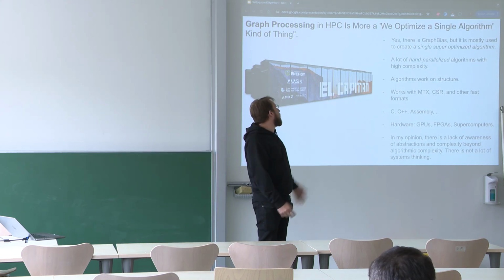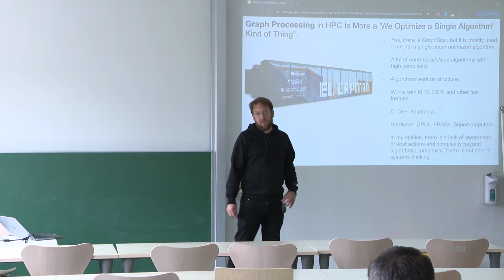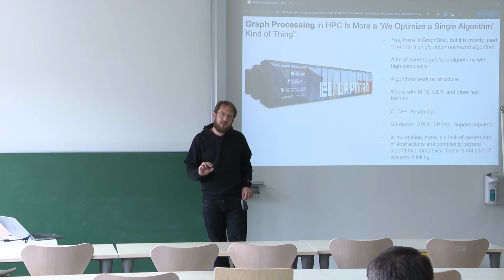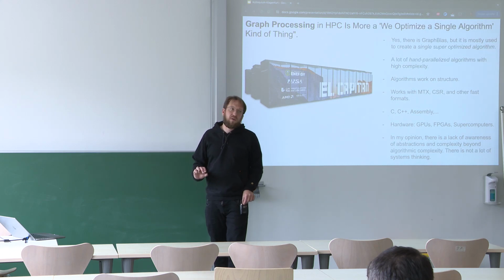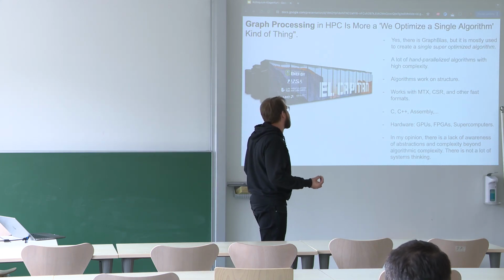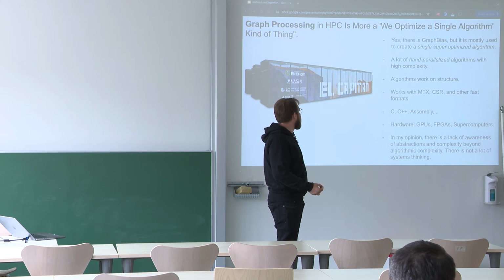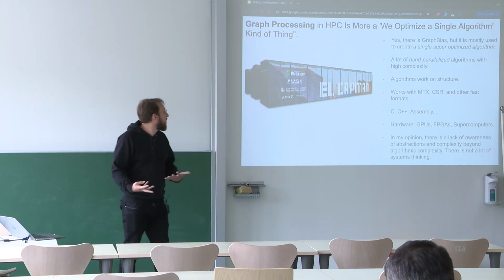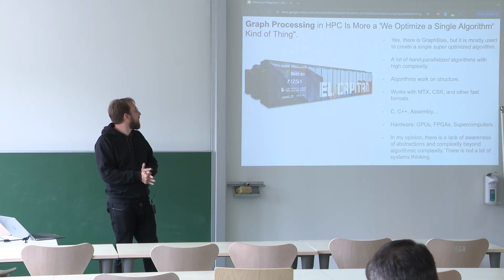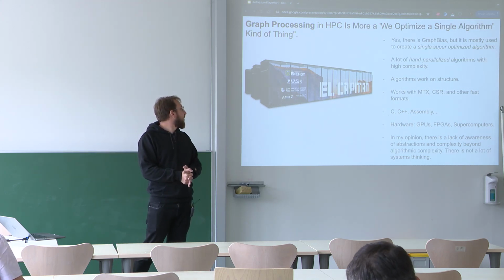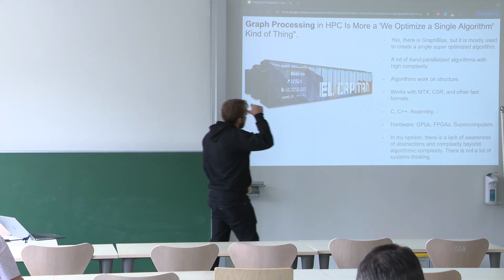A lot of that stuff is hand parallelized, so there is no framework, maybe MPI or something like that, but there's no actual programming model that allows you to parallelize, right? So you do everything by hand, and that's part of why it's so difficult to do. And they usually do that on GPUs, FPGAs, on special hardware, yes, in C, C++, and optimized assembly code, right? And very important,